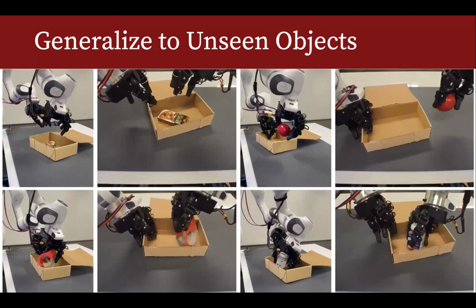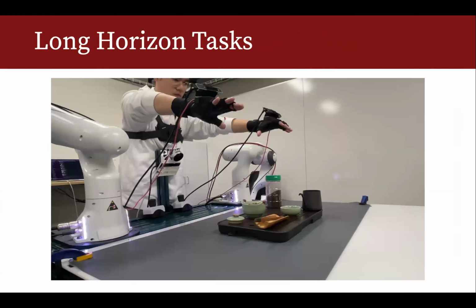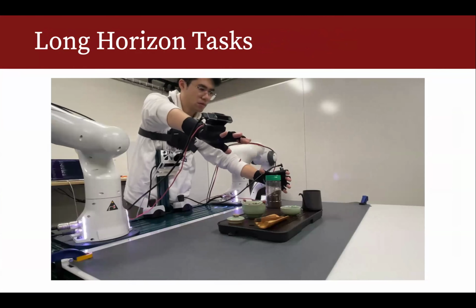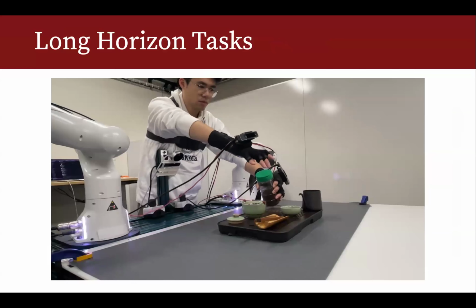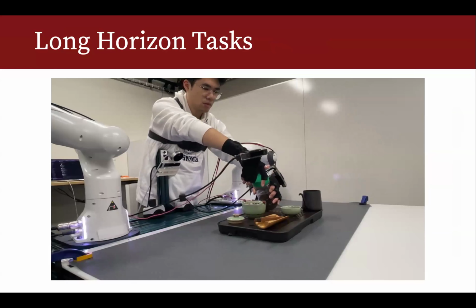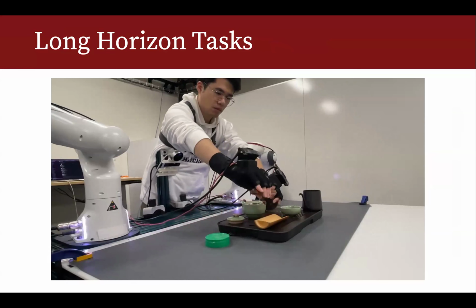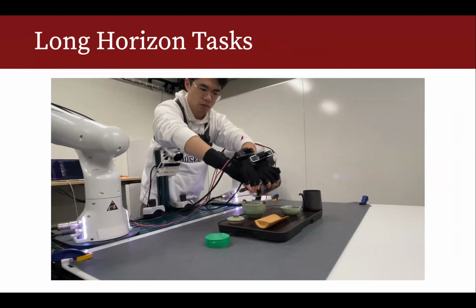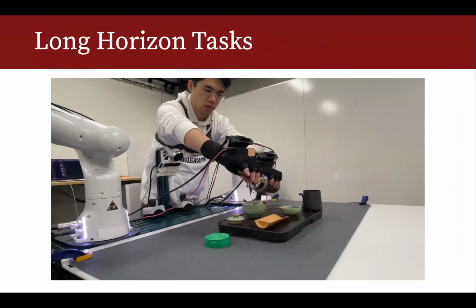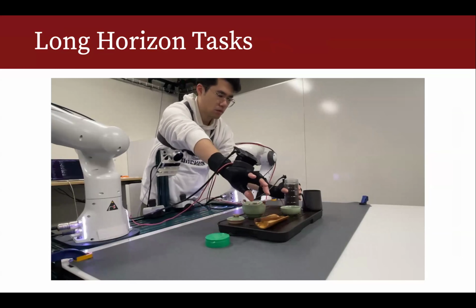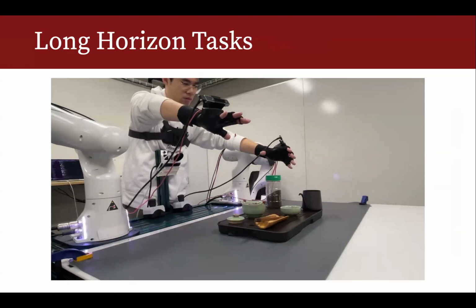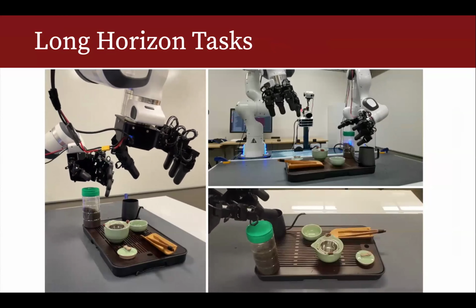Okay. So we're also thinking about long horizon tasks. Here, Chen is demonstrating how you prepare tea. First you have to twist open the bottle, which itself is a really challenging robotics task. And then you want to get some tea leaves out of the bottle using the tweezers. And now we do the same thing on the robot.